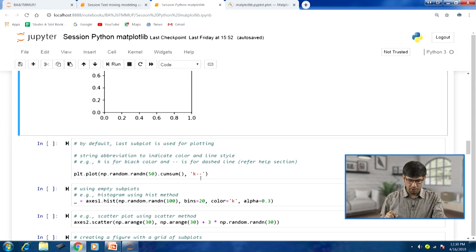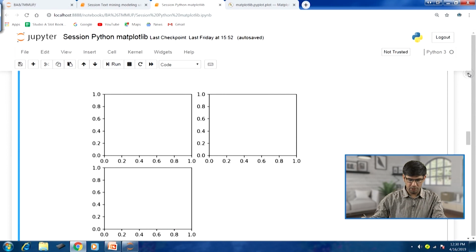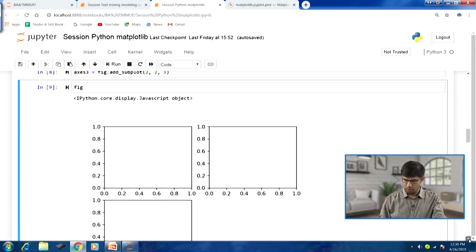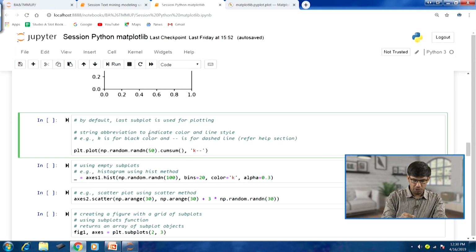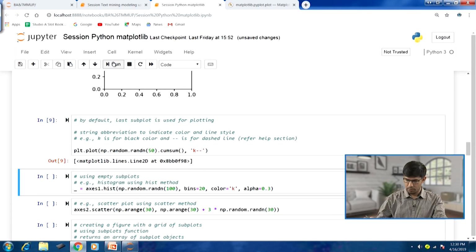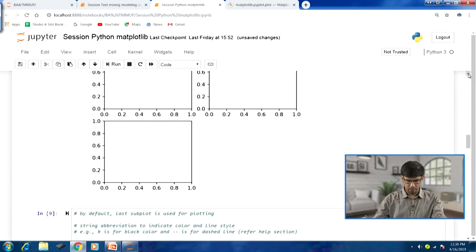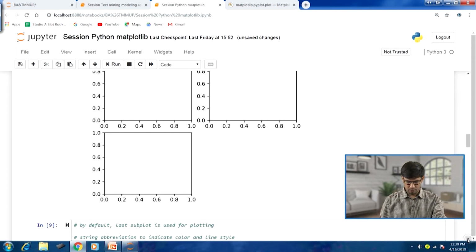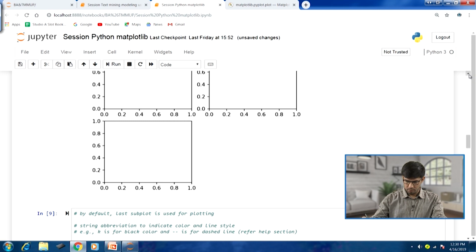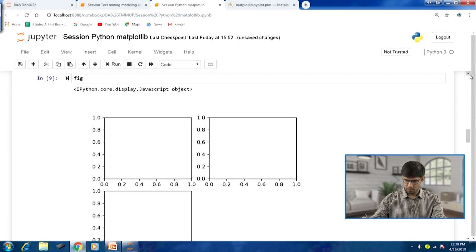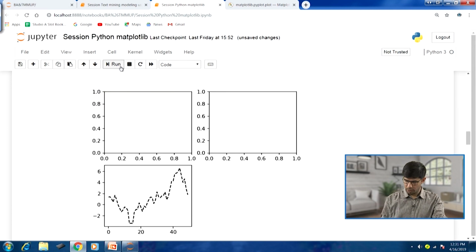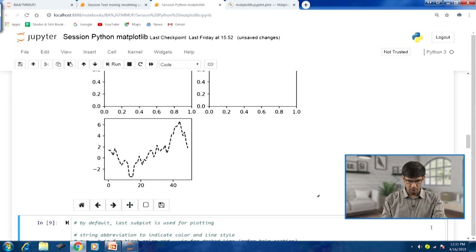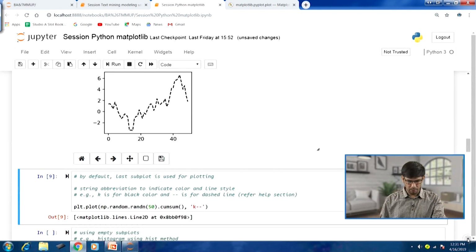Once we have done that, we can go ahead. This is our figure object. If I run the next line of code, we will be generating a plot here. If I go back, you can see here in the third index a plot has been generated.